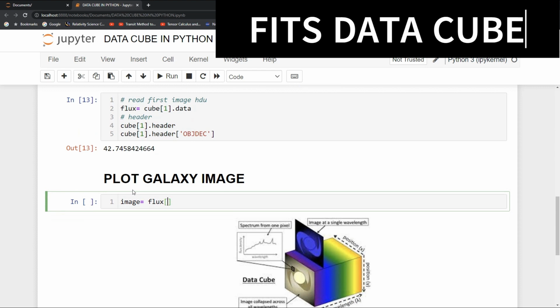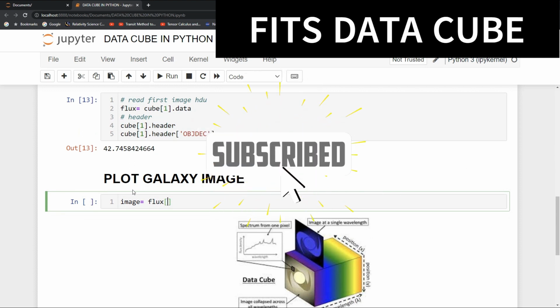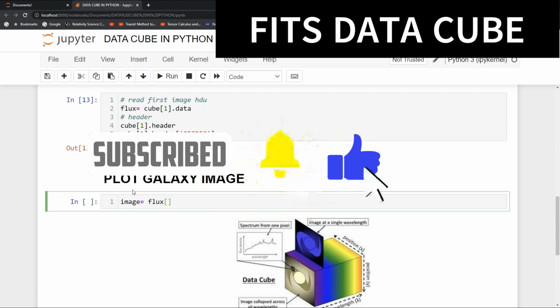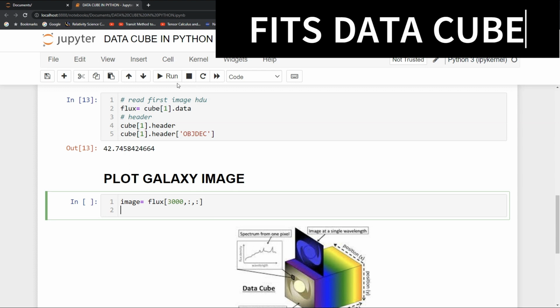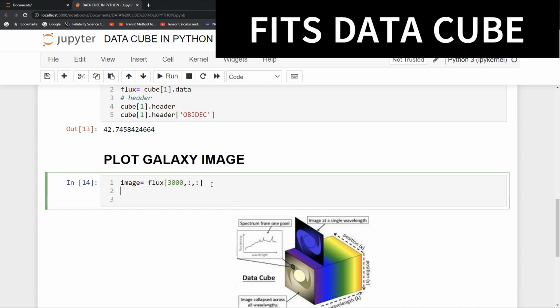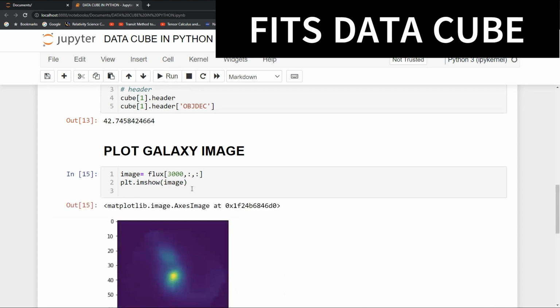So you want your galaxy image at a particular wavelength. So how to give it? Say I give 3000 angstrom, and then the other two are blank. Now just run it. So you go to image and then type plt.imshow for 2D image and then give image here. Now run it. Okay, so here you can see that